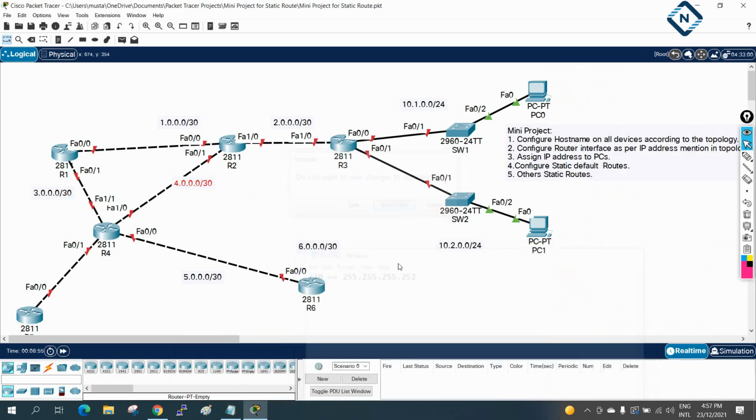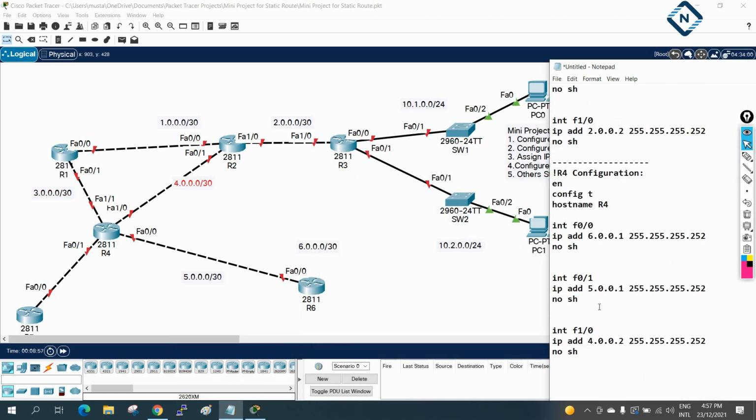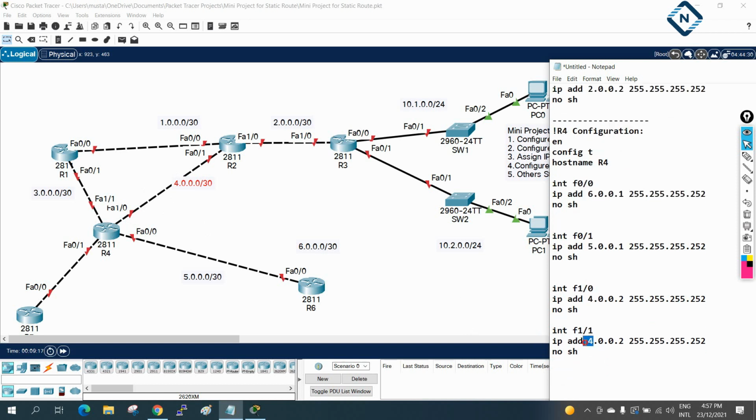Okay, so what I will do here, I will assign the same subnet for F1/0. This is F1/0, 4.0.0.2 and /30. So this one is finished. Now we have one more interface F1/1. So I will copy this whole thing. I will paste here F1/1, and now we are going to assign the IP. This is a 3, right?